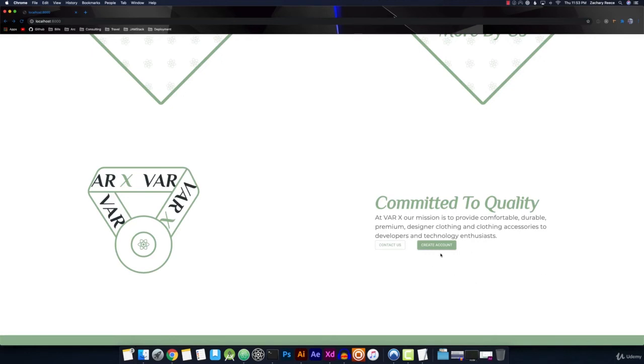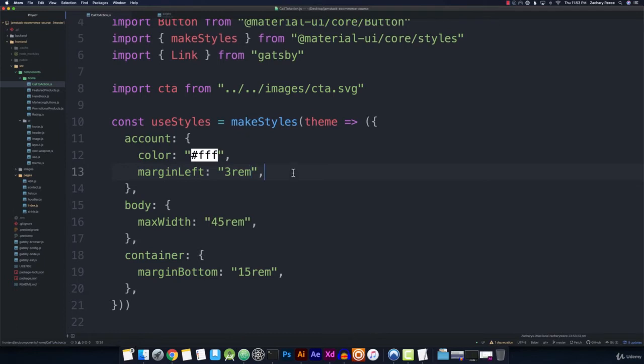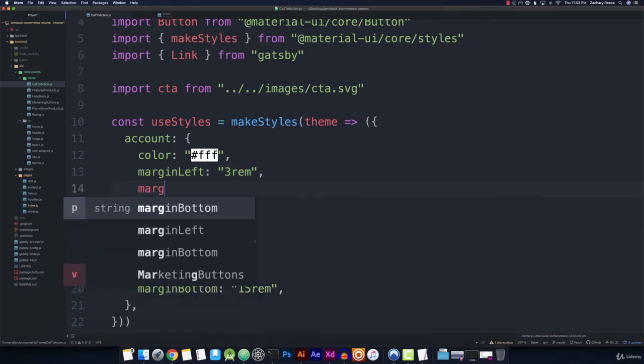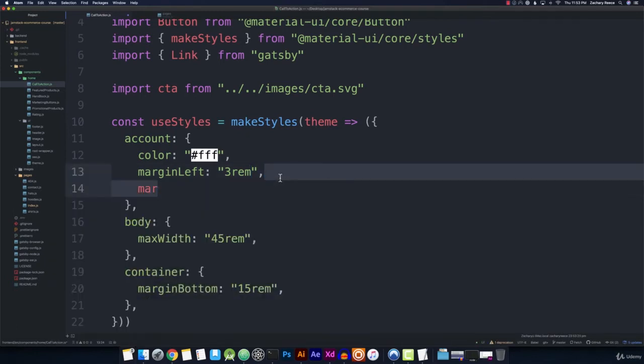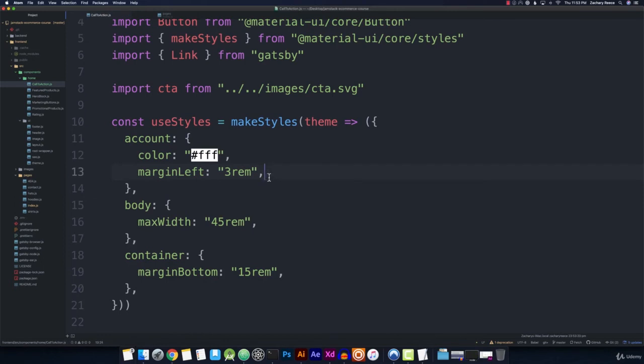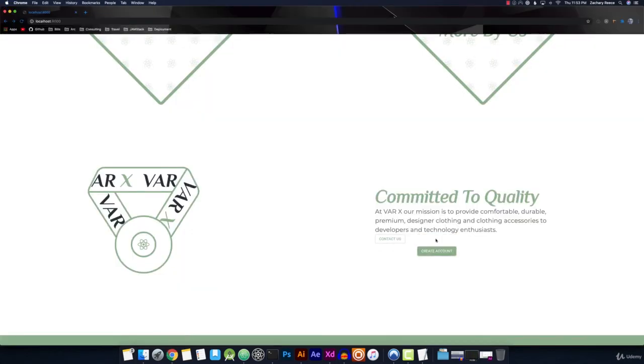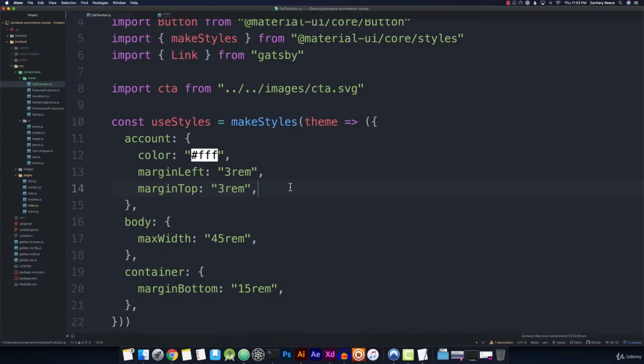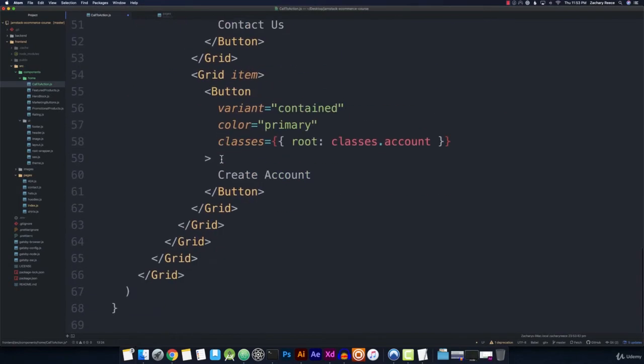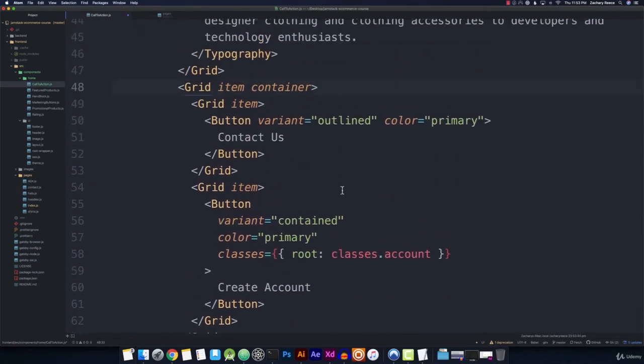I think they also probably shouldn't be pressed right up against the text here. So let's also go ahead and give that a margin. Actually, no, we don't want to just give it to the account, because if we gave this a margin top of 3 rem, I believe that would cause just that button to be offset. So what we want to do is add that to the grid item,